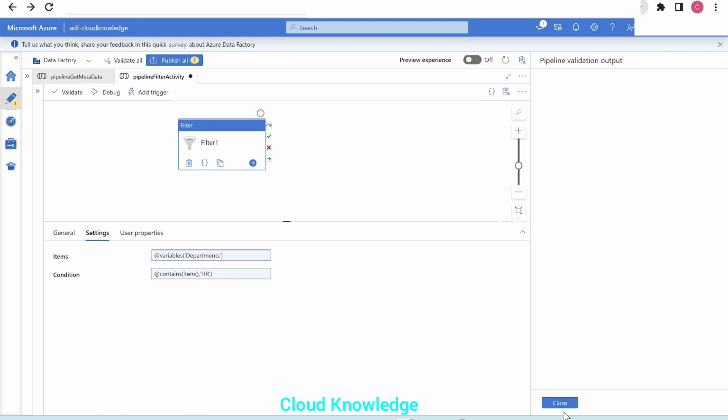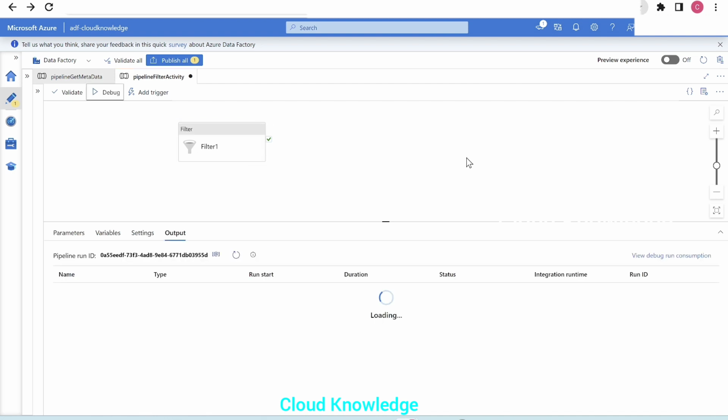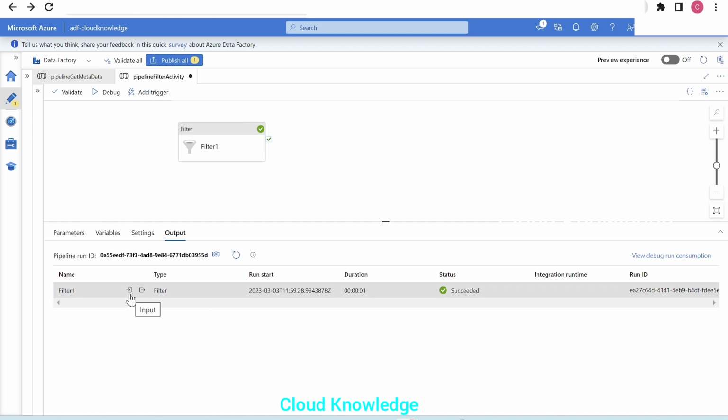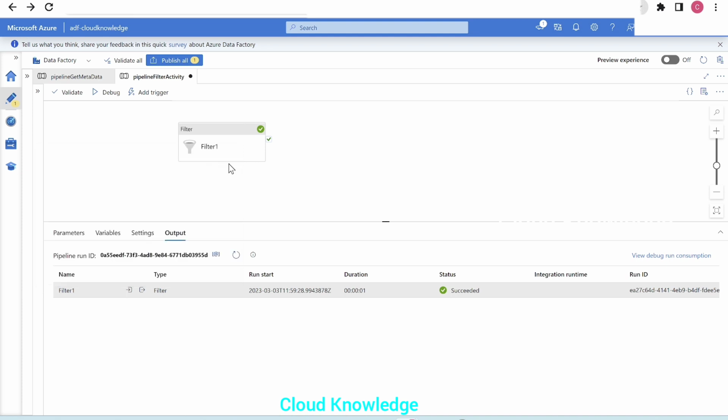So let's now validate this filter activity and perform a debug run to see what output it is giving us. Let's wait for the filter activity to complete. It's completed. We can see in the input it is taking the array, that is the items and conditions which we have given, and in the output we have the items count as 4, that is the departments had 4 values in the array, and the filtered items count is 1, that is the value HR, because we have applied the expression contains.